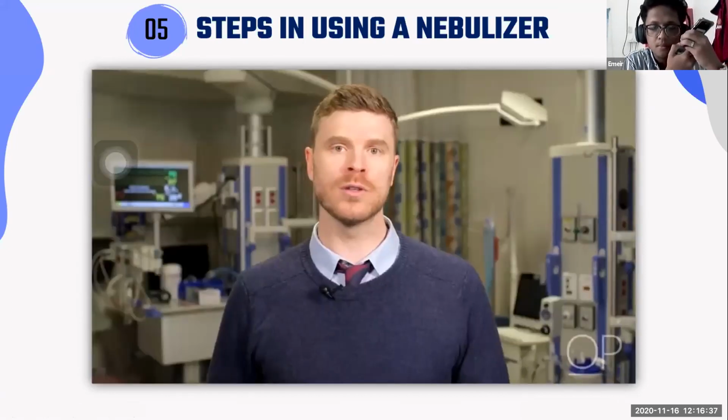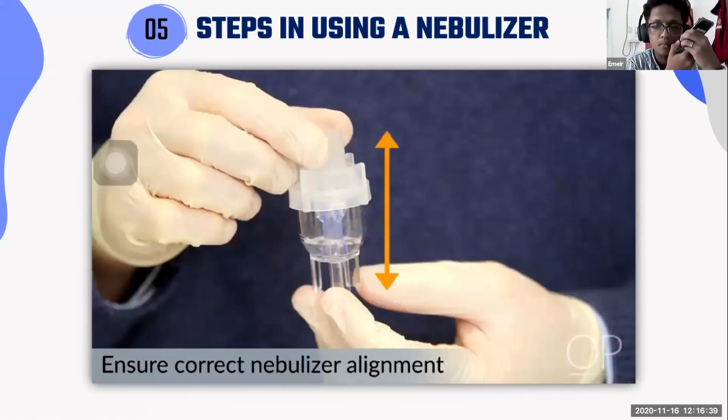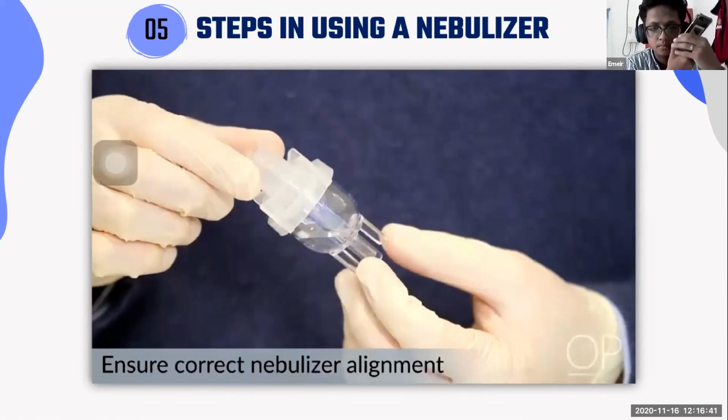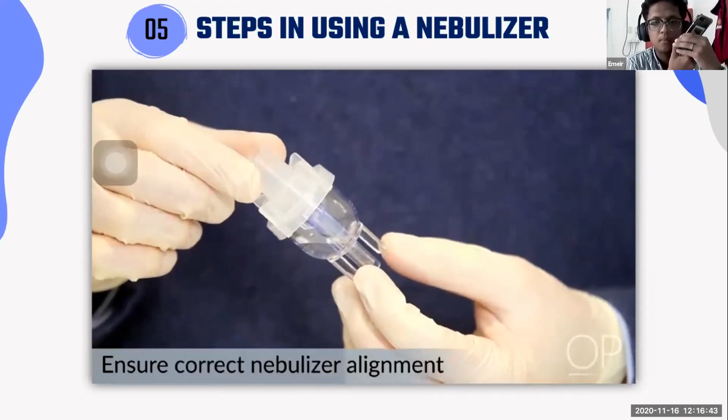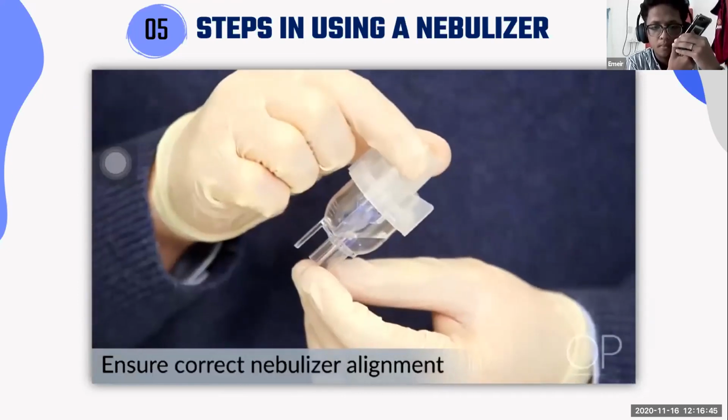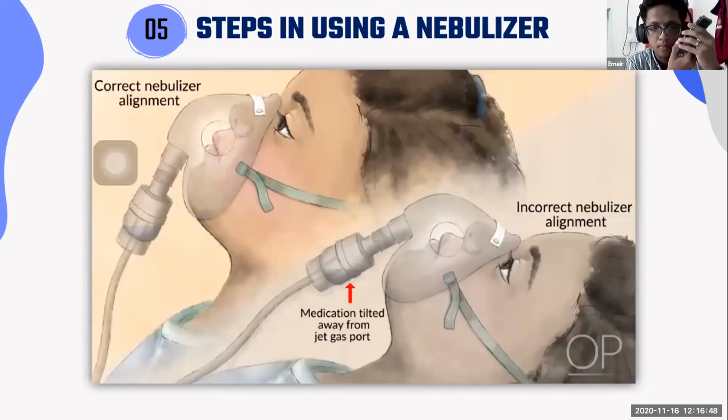Tilting the device too far, perhaps 20 to 30 degrees in any direction, can cause the medication to move away from the jet gas port inside the device and render the treatment ineffective. If you notice a treatment you are administering is taking a long period of time, or there doesn't appear to be an appropriate volume of aerosol generated, you may want to check the nebulizer to ensure proper